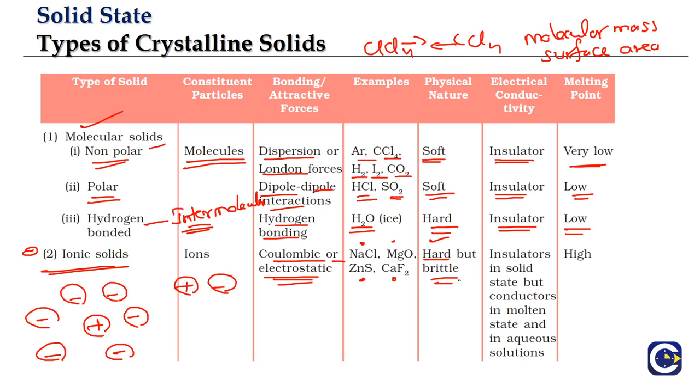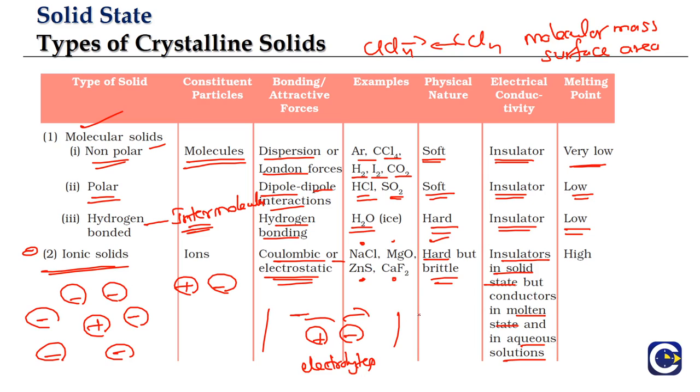And since in the solid state they don't have mobile electrons, because they have only ions which are going to be occupying some fixed places, they will be insulators in the solid state. But when you have them in the molten state or aqueous solution, in the molten state means we'll have ions which are now mobile. So if you keep some electrode setup, we will see that the ions will be moving. So either in the molten state or in the aqueous solution, they can conduct current. That is why we call them electrolytes. So electrolytes are substances that can conduct current either in the molten state or in the aqueous solution. We'll learn more about them in the electrochemistry chapter.